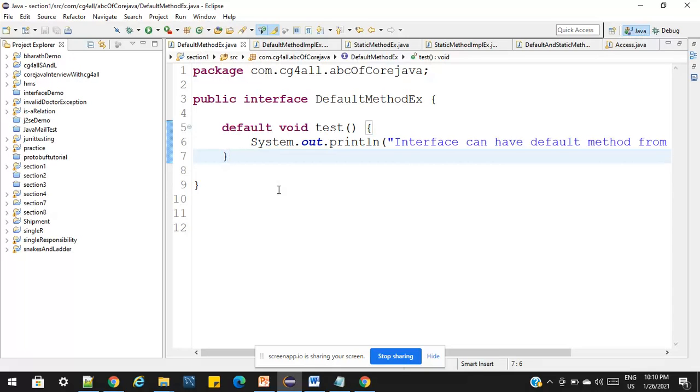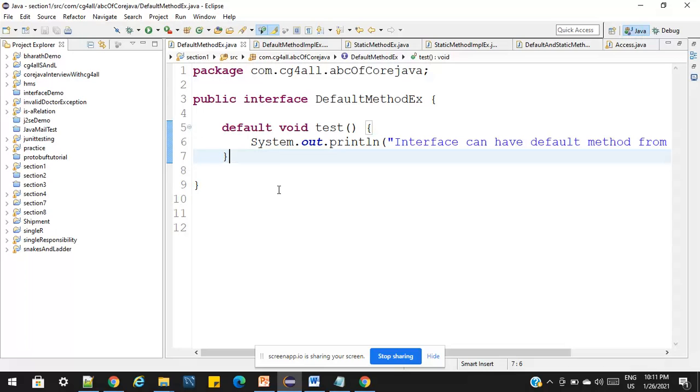So here we have an interface. I am defining one test method. So this interface contains the default method. We use this default method when we want a default implementation of a method, so it will be used from the interface directly itself. No need to take an interface and an abstract class, where we have to define a concrete method and then take one more class. So one layer we can directly reduce by using this default method.